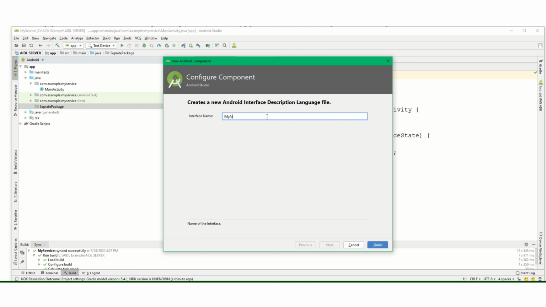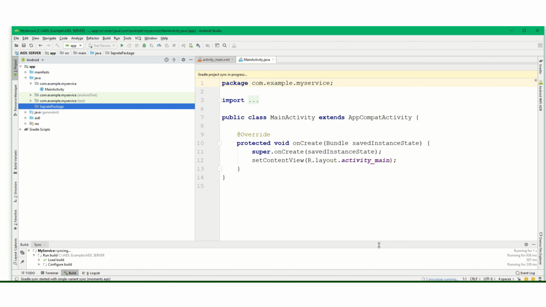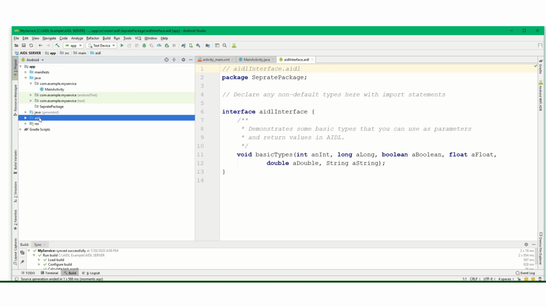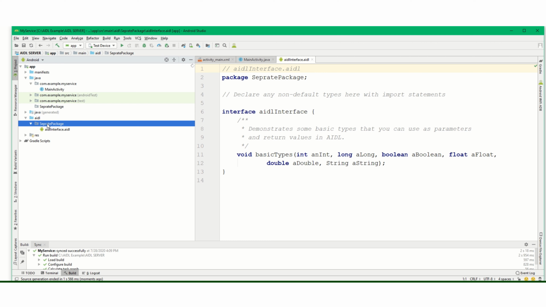I will name it AIDL interface, enter and finish. Here one AIDL folder has been created, and a separate package is created, and inside that our AIDL interface has been created.